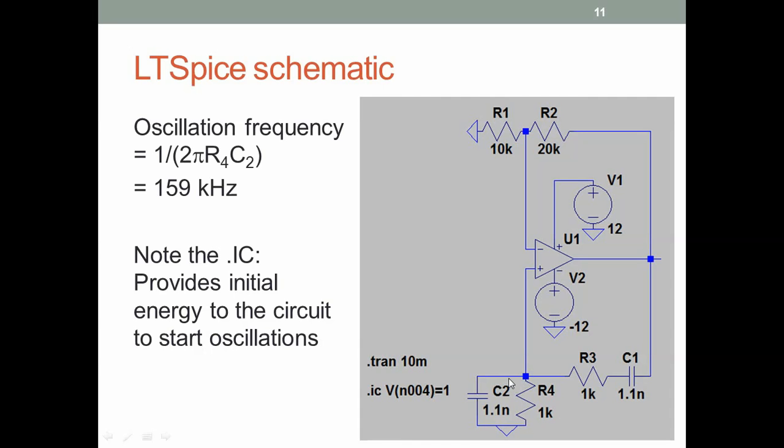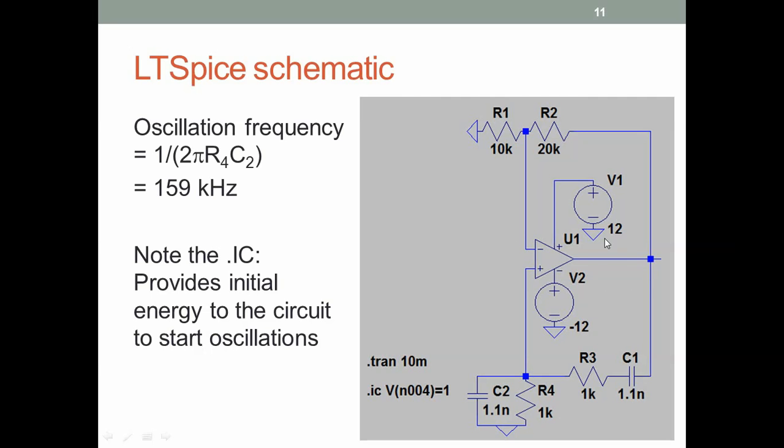What that does is it puts a voltage across this capacitor C2, and if there is a voltage, that means there is some energy stored in this capacitor when the simulations begin. And it is this energy that starts the oscillations off in simulation. If you don't put this, and of course you can try it, what will happen is that everything will just remain 0 the whole time. All the voltages will be 0, and that's kind of an unstable DC state. But simulations can sustain unstable states also.